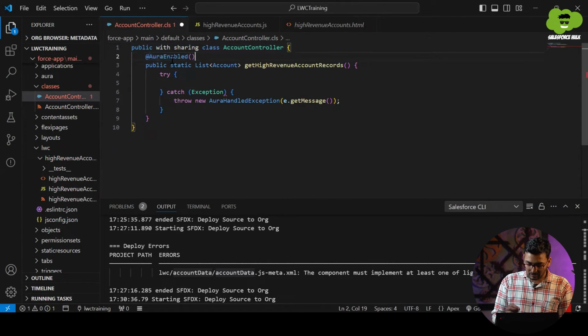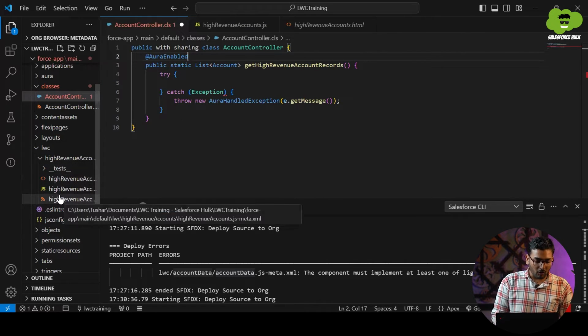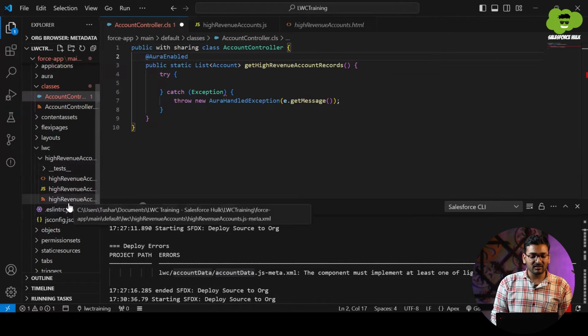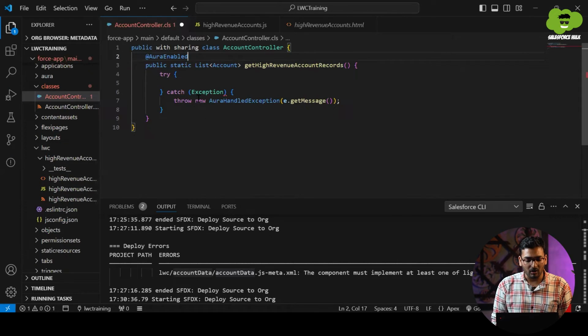Now let me tell you, if we do not use AuraEnabled on top of this method, then this particular method getHighRevenueAccountRecords is not going to be available for this LWC component. So AuraEnabled opens the door for this LWC component to access this particular Apex method of this Apex class. Right?